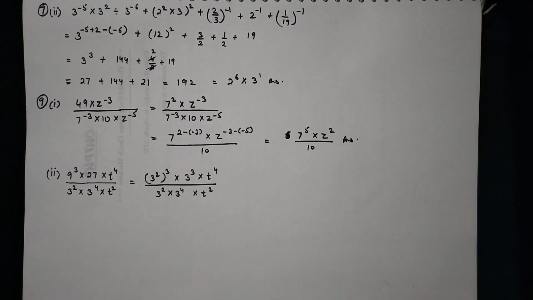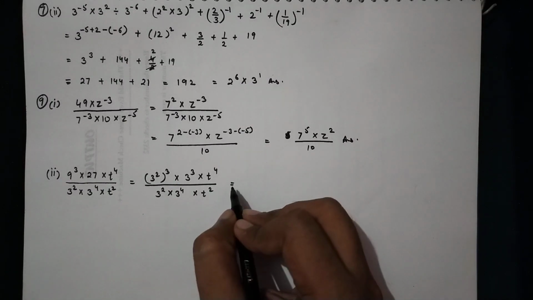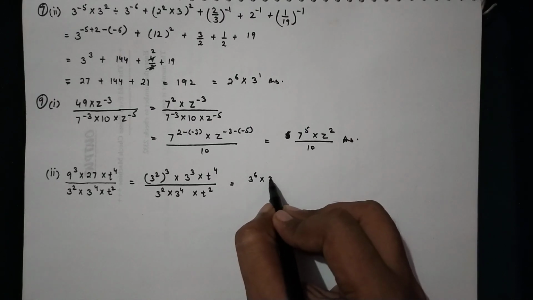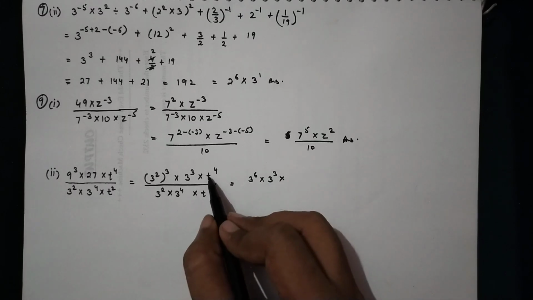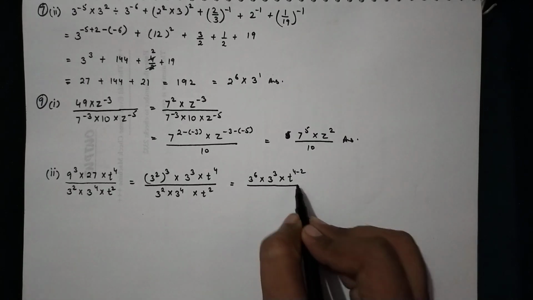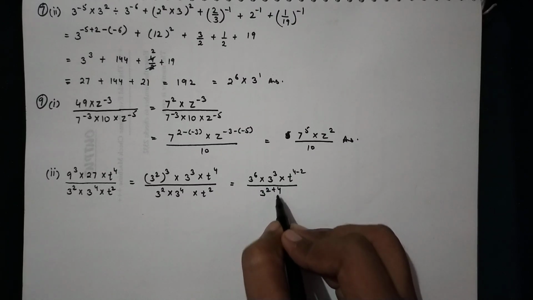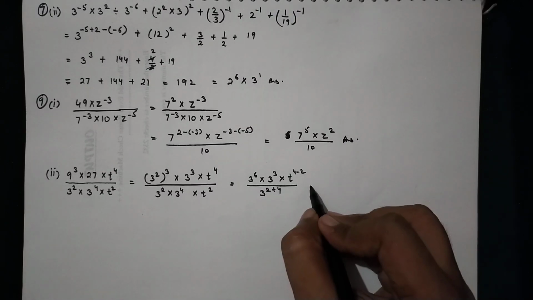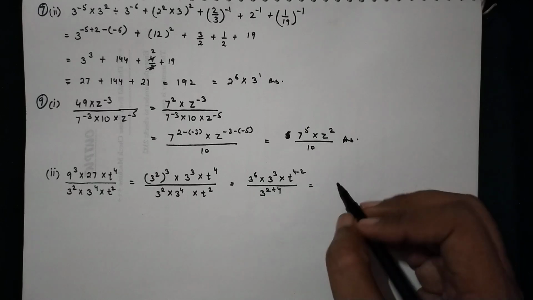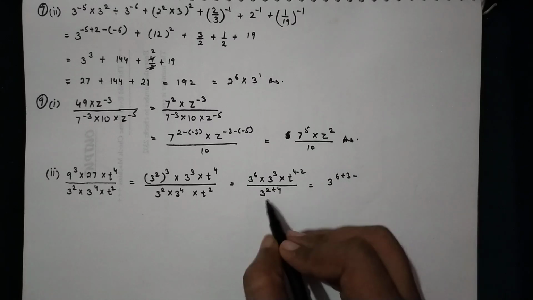Now we see we are either having a base of 3 or t. So we can write this one as 3 to the power 6 into 3 to the power 3, and here the bases are same, so the powers will be subtracted. This will become 4 minus 2, whole upon, and here again the bases are same, so the powers will be added, 3 to the power 2 plus 4. And now here we can add the powers, and this will be subtracting it. This will become 3 to the power 6 plus 3 minus the sum of these two, that is 6,